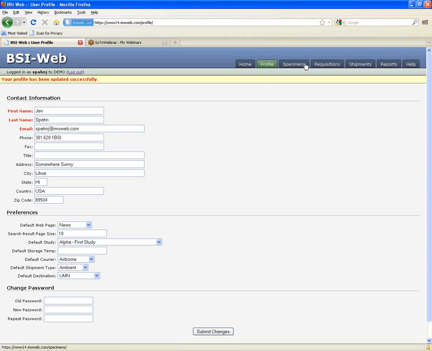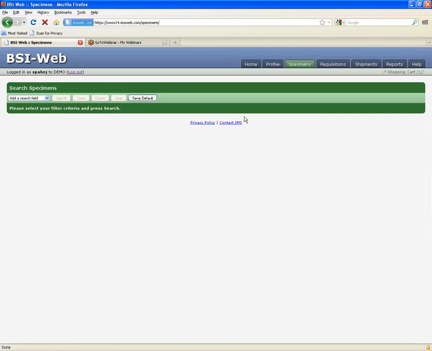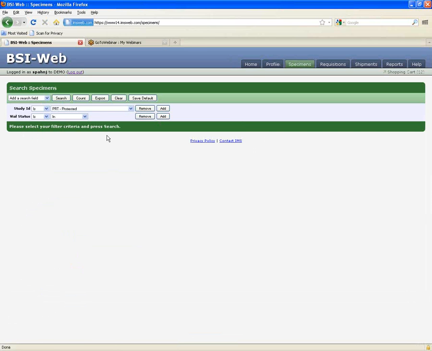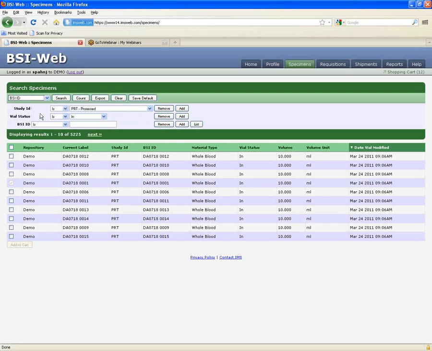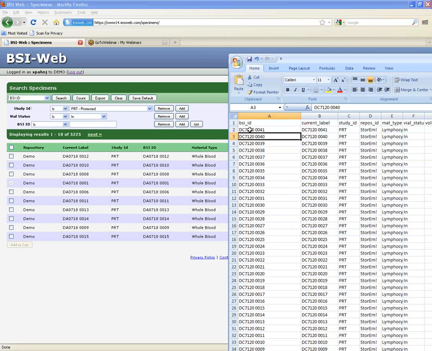And then in the Specimen Search and other searches as well, I can copy and paste in IDs. So I can go ahead and search. Let me run this search, and then I'll show you. See, I only have 10 specimens shown on my page. And then if I add an ID field like BSI ID, I can copy in values to search on. So here I have a listing of BSI IDs. I'm going to copy some,